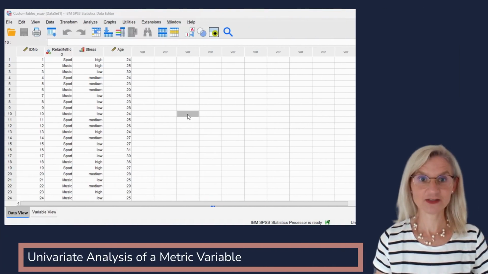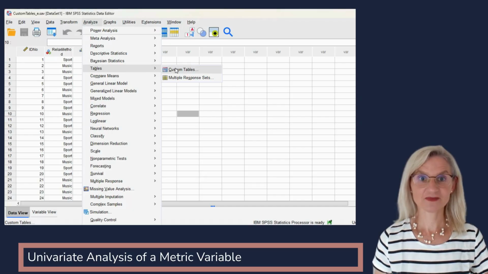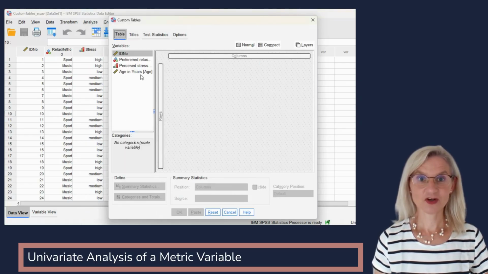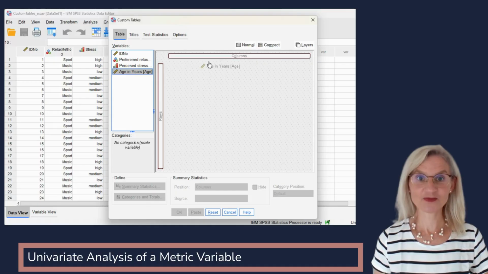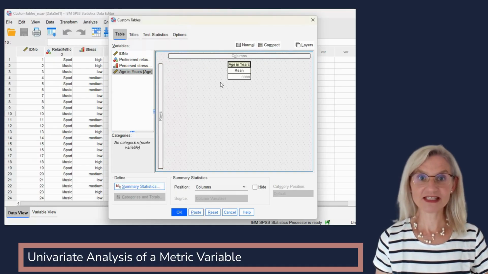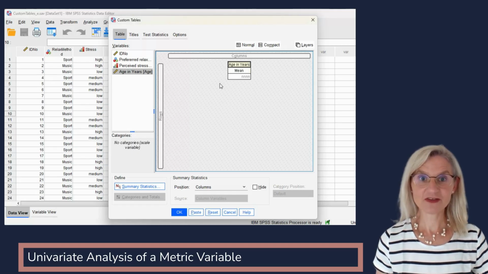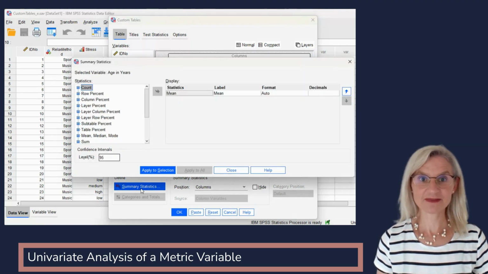Next, let's look at the univariate analysis of a metric variable. Again, go to the menu Analyze, then Tables, and select Custom Tables. The dialog box opens once more, and this time we'll drag the metric variable age into the columns area. SPSS automatically generates a row showing the mean. This is because SPSS selects appropriate statistical measures based on the variable type. If you want to calculate additional measures of central tendency or dispersion, click the Summary Statistics button in the lower